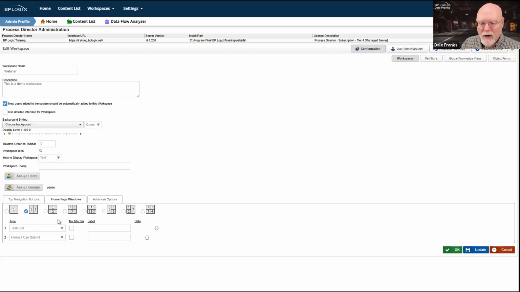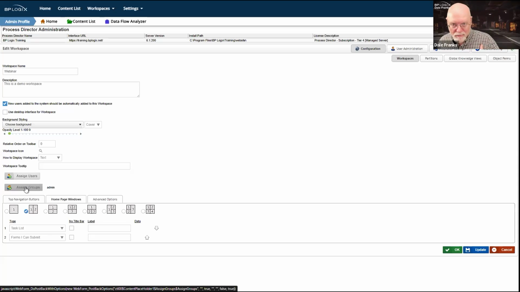It's generic enough so that when I create new users, they are going to be added to the system. New users only. Existing users are not going to be magically added just because I create the workspace. Because I'm on an older system, I've got to assign some groups so that we can see it. In particular, I can see it whenever I demo it.